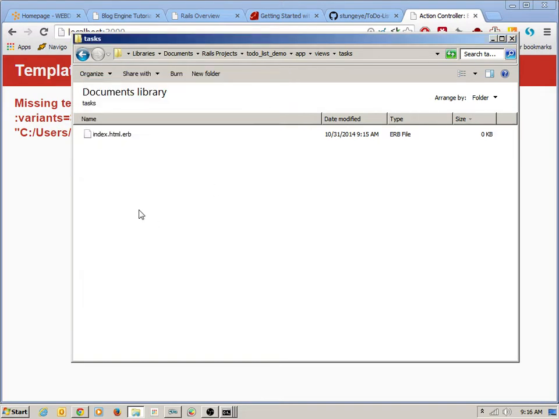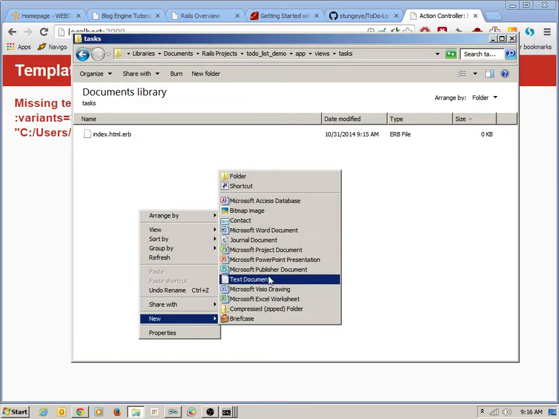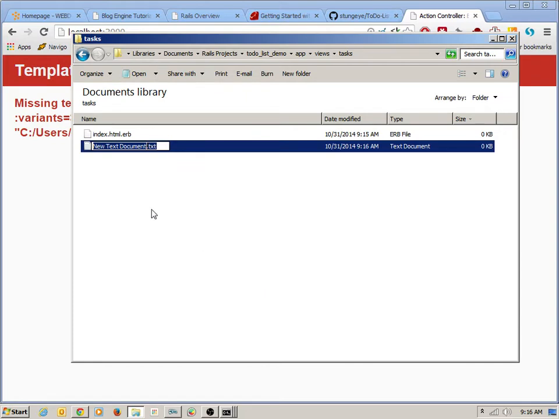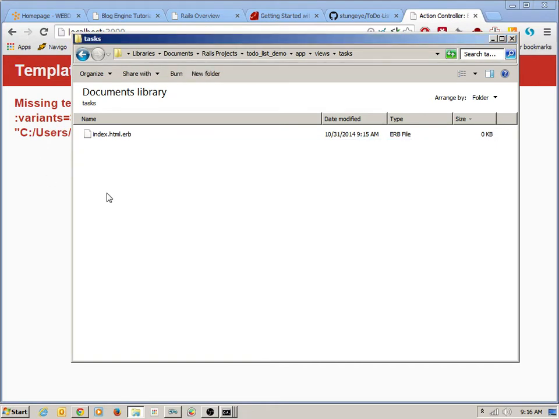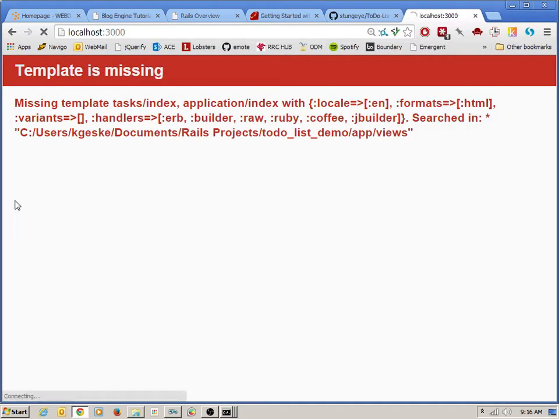That way you can always go in and say create new text file, but then just rename the whole file, including the text extension. So just an easy way of creating empty documents rather than using your editor to do so. Okay, so now I have this index. Finally, I should be able to run this,